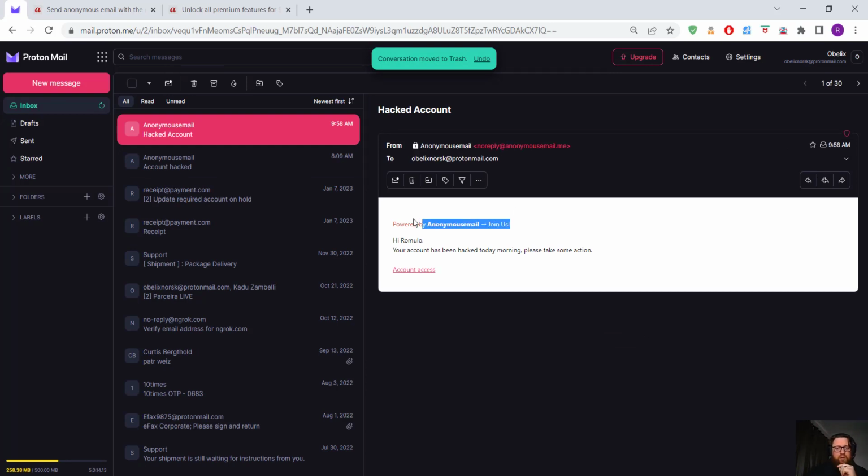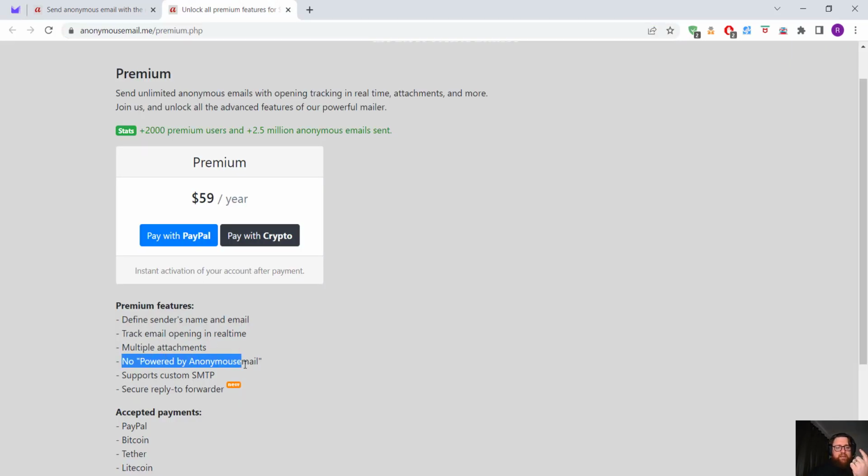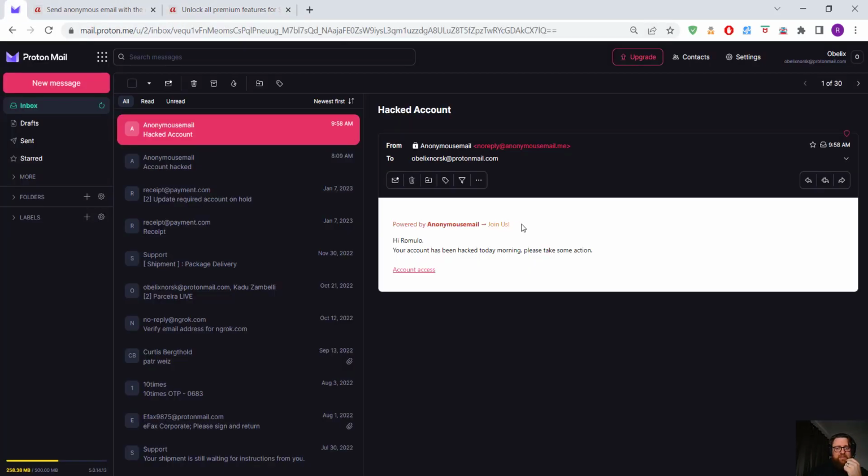Well, here it says "powered by" if on the paid version. No "powered by anonymous email." So this we could say goodbye on the paid version. The name here, we can use a bank name, an IRS or FBI or CIA or whatever we want, like